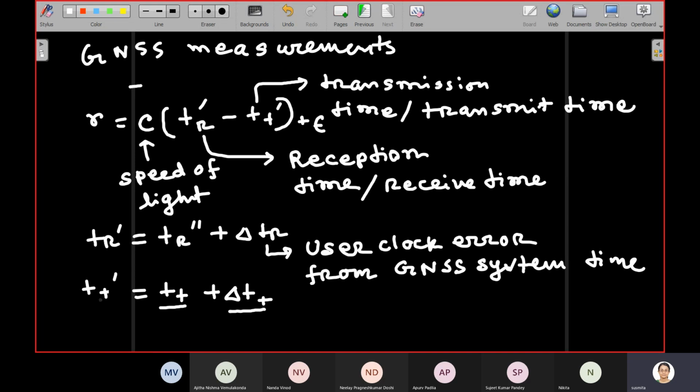We write Tt prime as Tt plus delta Tt. Delta Tt is the satellite clock error. Okay, now if we put these two equations in the first equation, we have